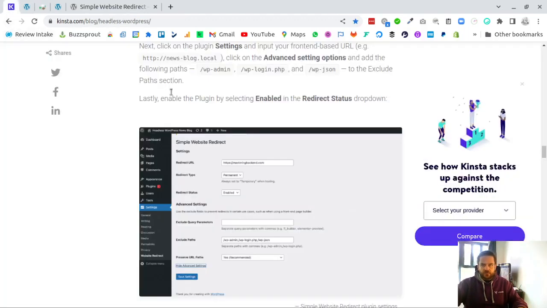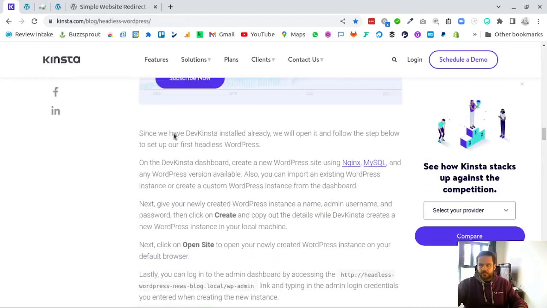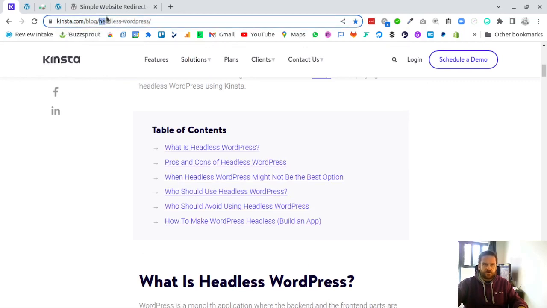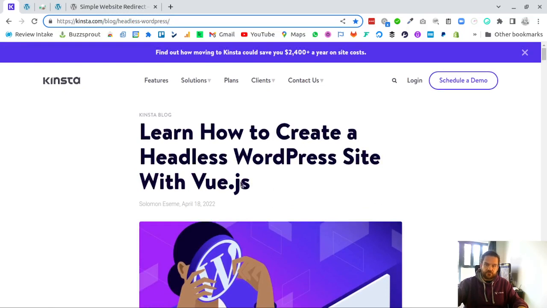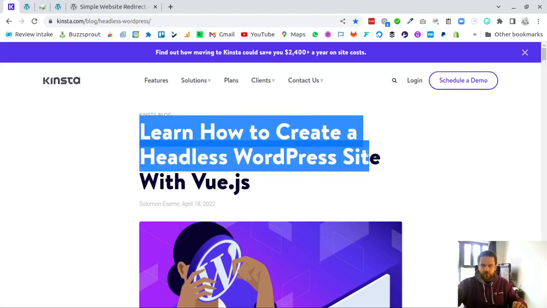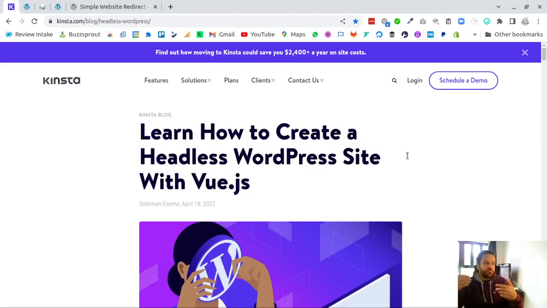Okay. So just looking at the reasons for, or the benefits for setting up a headless WordPress site. This is an example that you can be more than welcome to look at. It's kinster.com, and they've got a little article about headless WordPress and setting up a headless WordPress site. This article is specific to setting it up with a Vue.js front end. But that doesn't matter. All we're interested really in here is setting up the WordPress site itself so that it can be interfaced and used as an administration